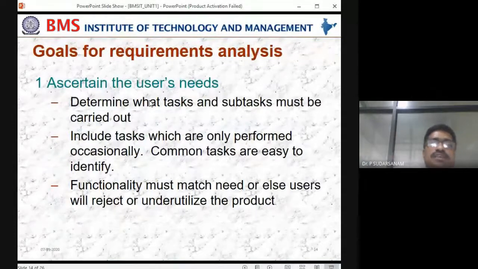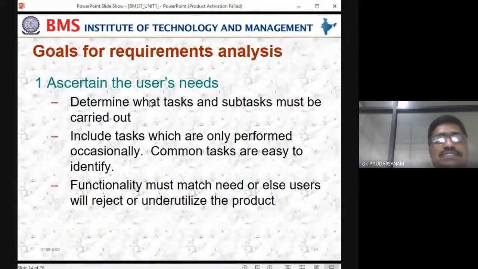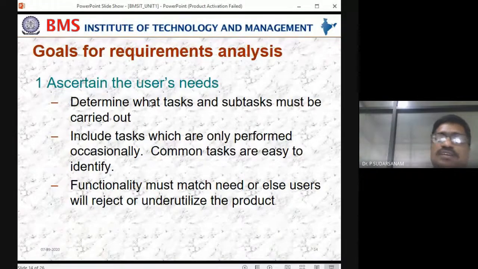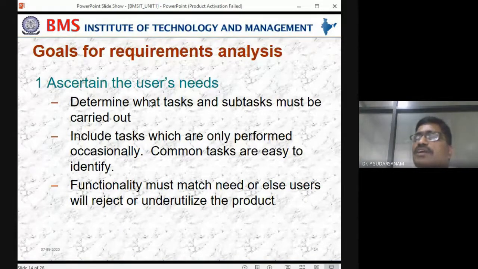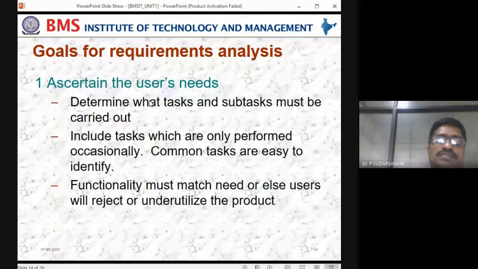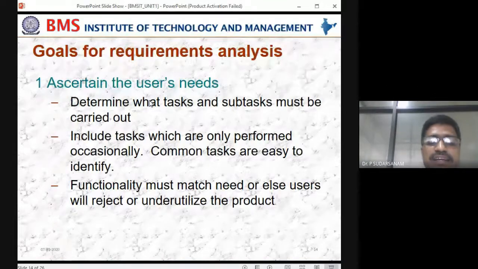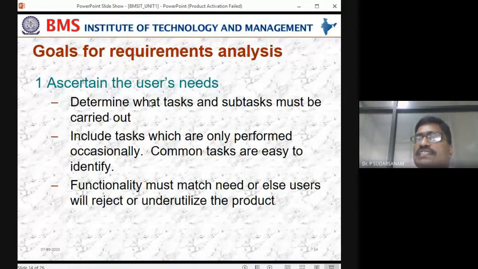And the next one is the goals for the requirement analysis, which is nothing but four points that are required. One is to ascertain the users' needs. We have seen in this what the task is, and the subtasks should be determined and carried out. Another is that some of the tasks may be done occasionally. Another is that they have to define the proper rules and regulations, and then only can you use the standards, otherwise there is underutilization.